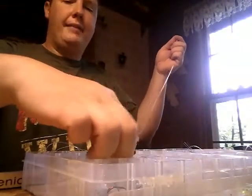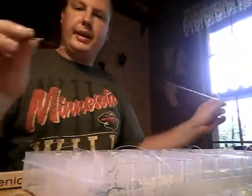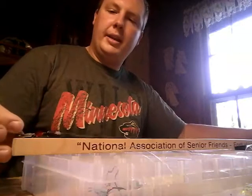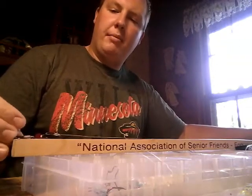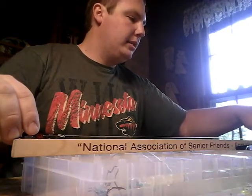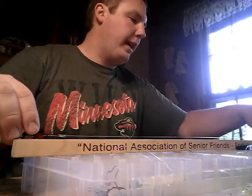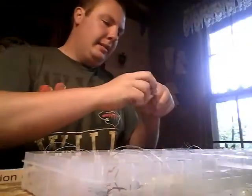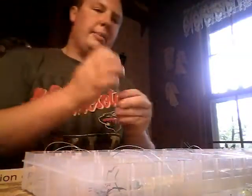So then what I do is I have a mark on my arm, but basically to make sure all my fly lengths are the same, when you're measuring your fly leader, you go from the bottom round part of the hook all the way to the tip. So I go to 24.5 inches when I'm making my leader. I snip the line, throw the little bit of excess away,